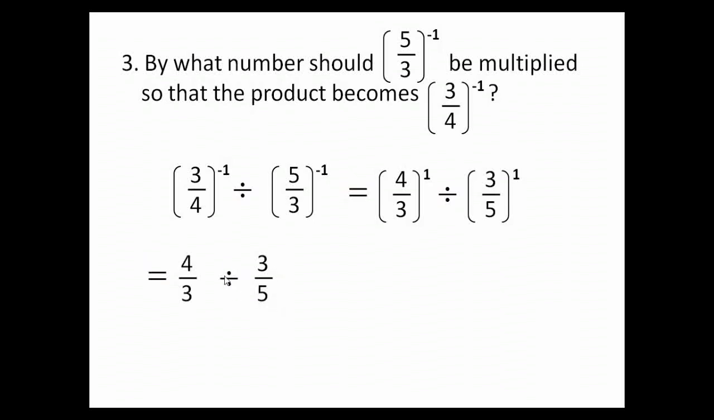And now we can think of it as division between fractions. So what do we do? We change it into a multiplication sign and reciprocate the other. So 4/3 multiplied by 5/3. It will result in 4 times 5 is 20 and 3 times 3 is 9. So it will become 20/9. Next,